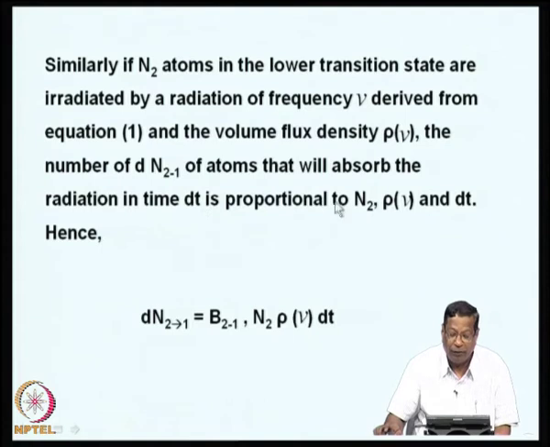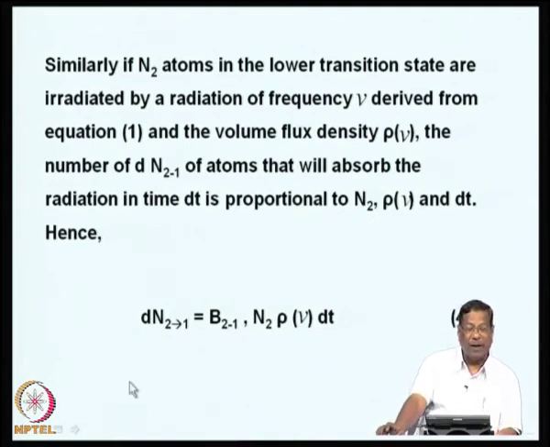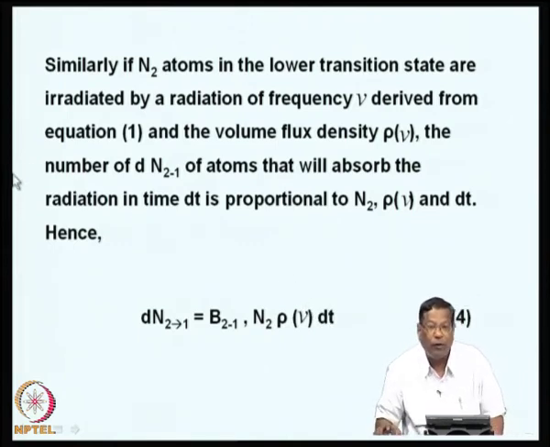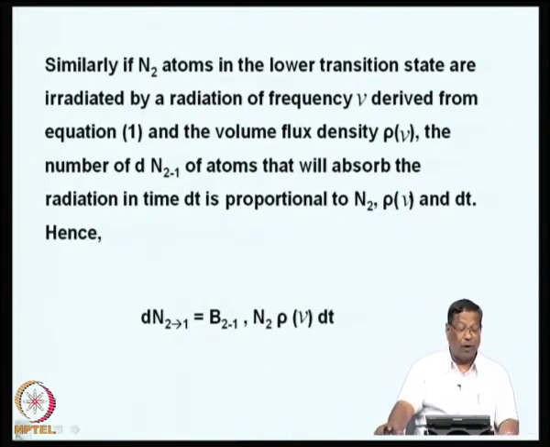It should be proportional to the number of atoms in the high excited state N2, rho v and dt. So, mathematically I can express this as dN2 to 1 going to B2 to 1, this is the proportionality constant, N2 and rho v and dt, that rho v represents the volume flux density of the